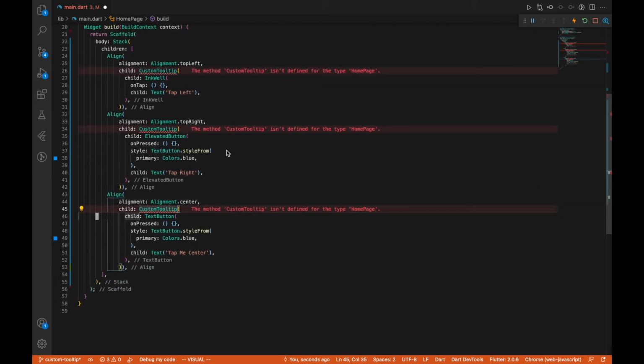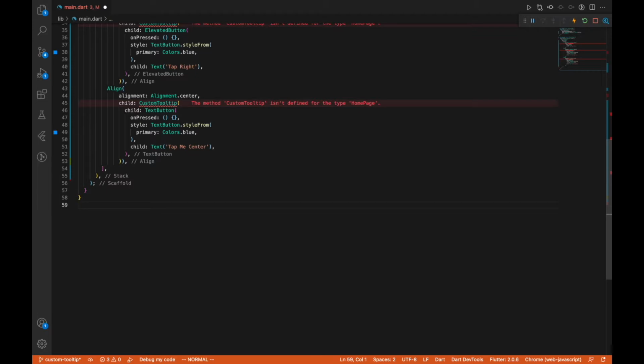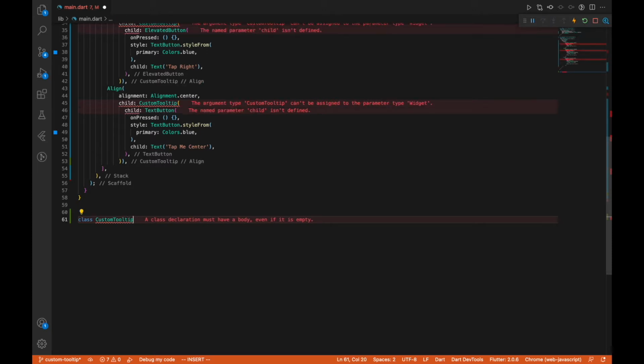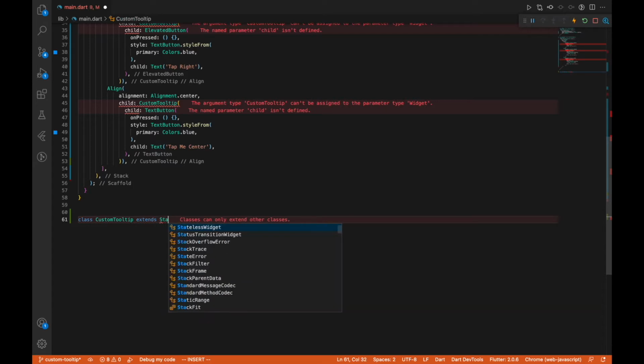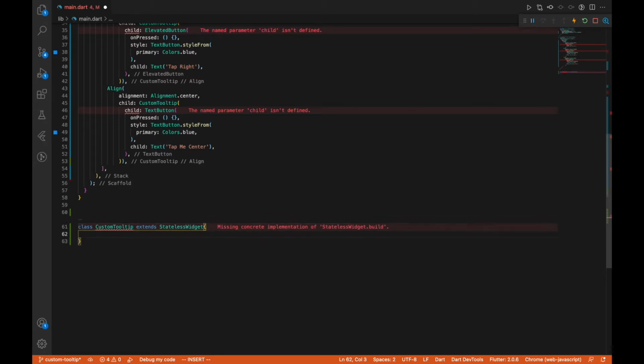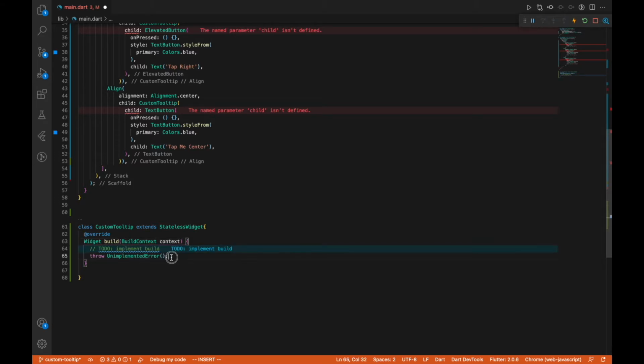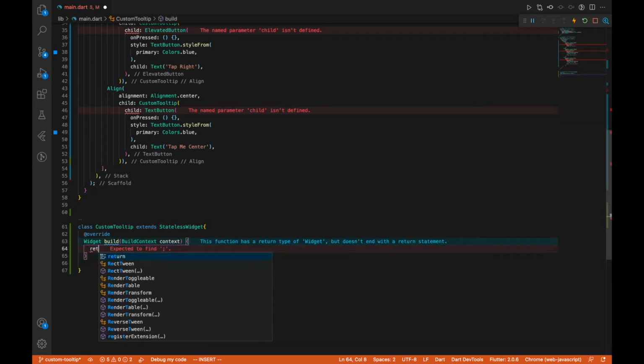Okay, so as we have created that, we are going to create that class. I'm going to call it class CustomTooltip, and we're going to extend StatelessWidget. So it's going to say we are missing concrete implementation of the build. I'm going to override that, and here we are, and I'm going to return